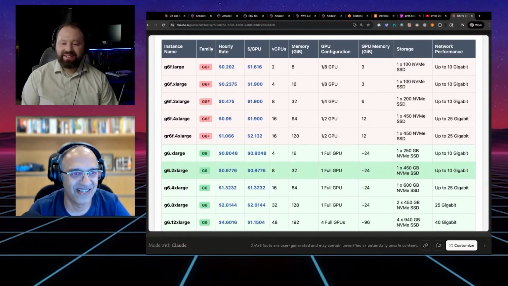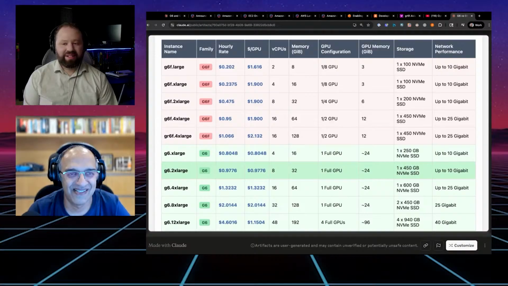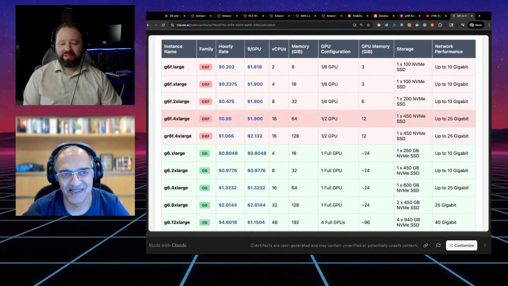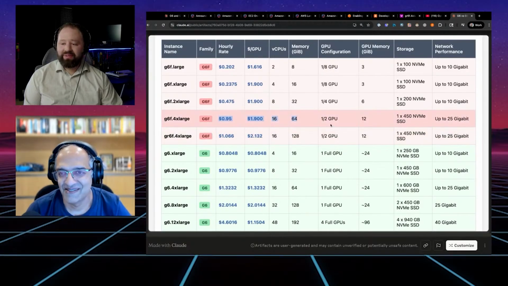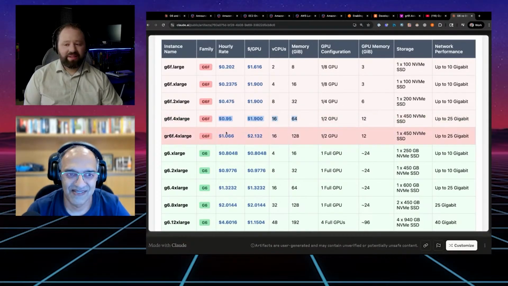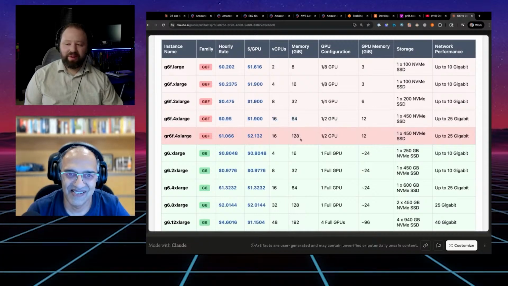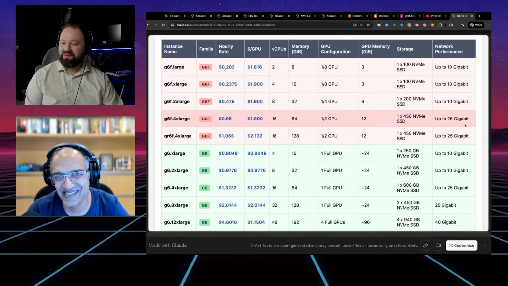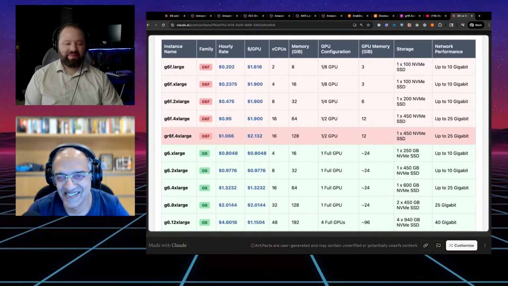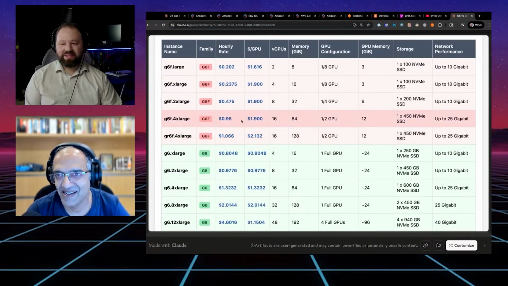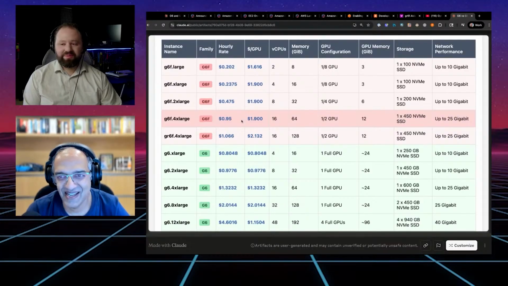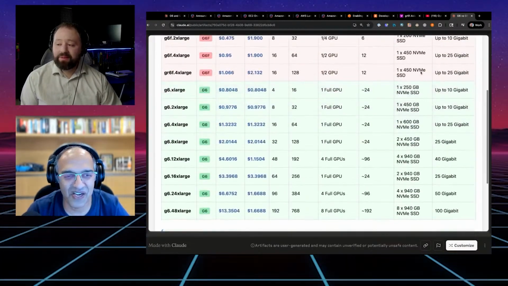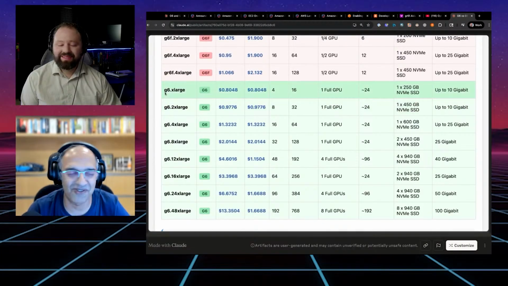Yeah, and it really depends on exactly what combination of things you need. Another one that we were looking at earlier, right? There's this 95 cents where you get half a GPU, but then for only 10 cents more per hour, you can double your RAM. So they have all kinds of different combinations, and maybe you don't need to double your RAM. If your instance is just feeding the GPU, and a network between 10 gigs and 25 gigs. Yeah, there's just too many variables. Like, I honestly don't know how to make decisions here.